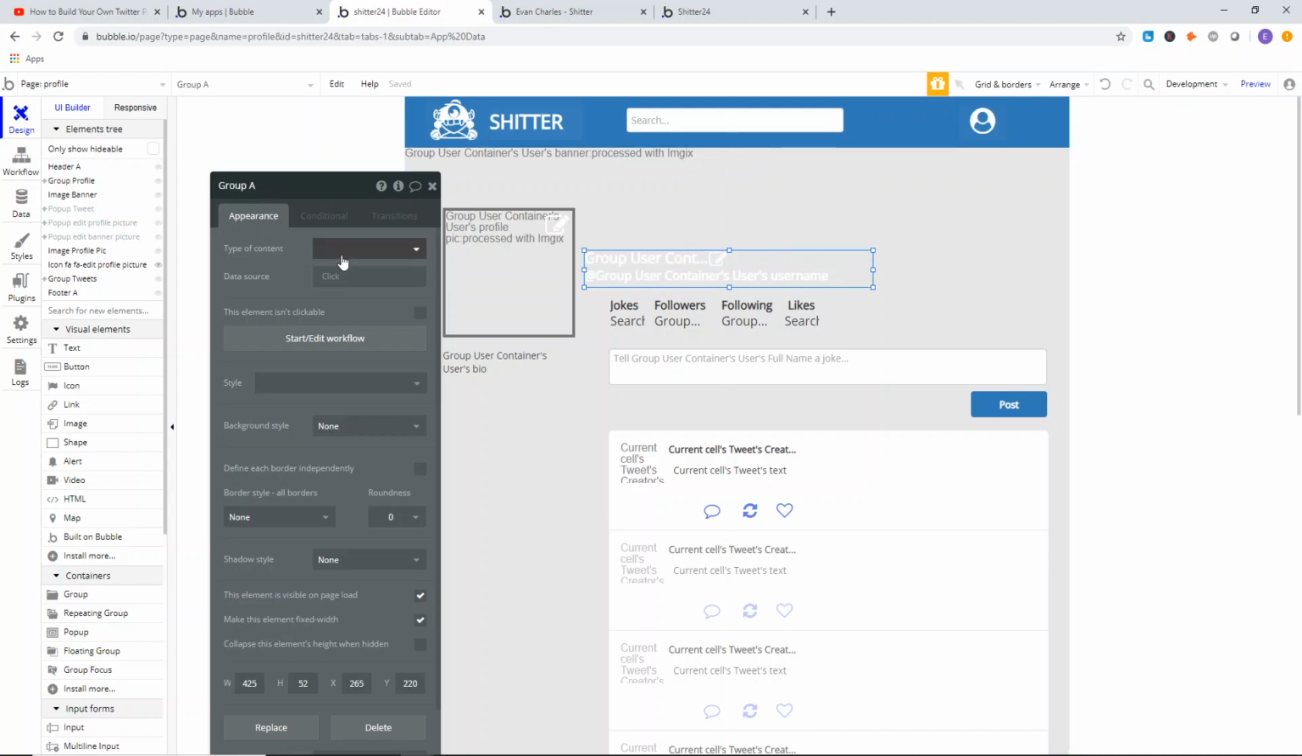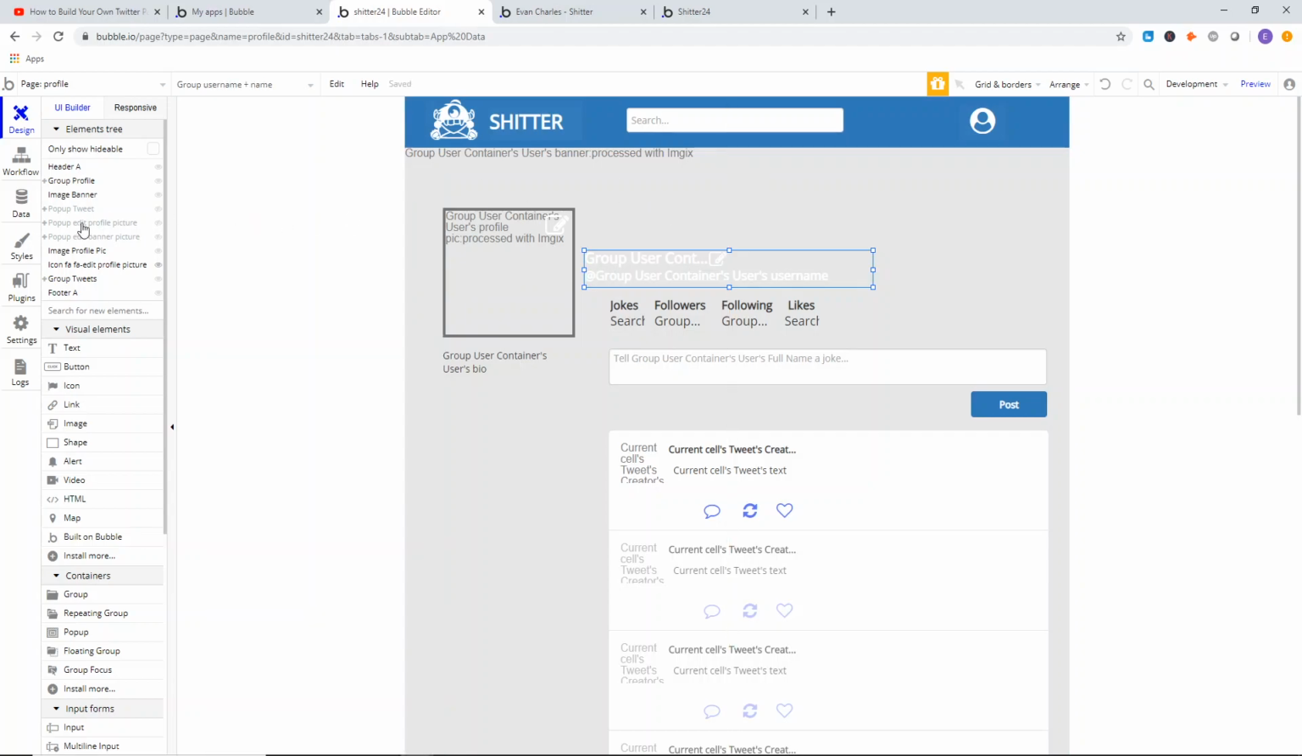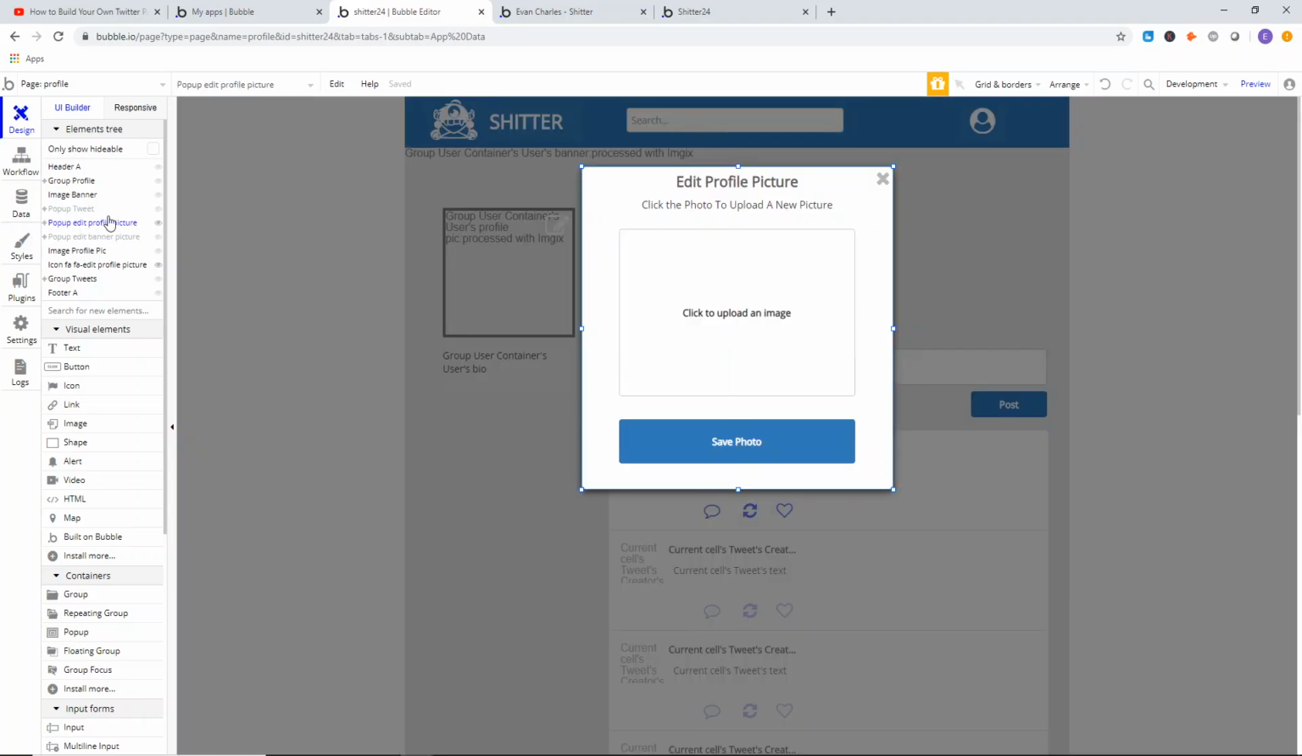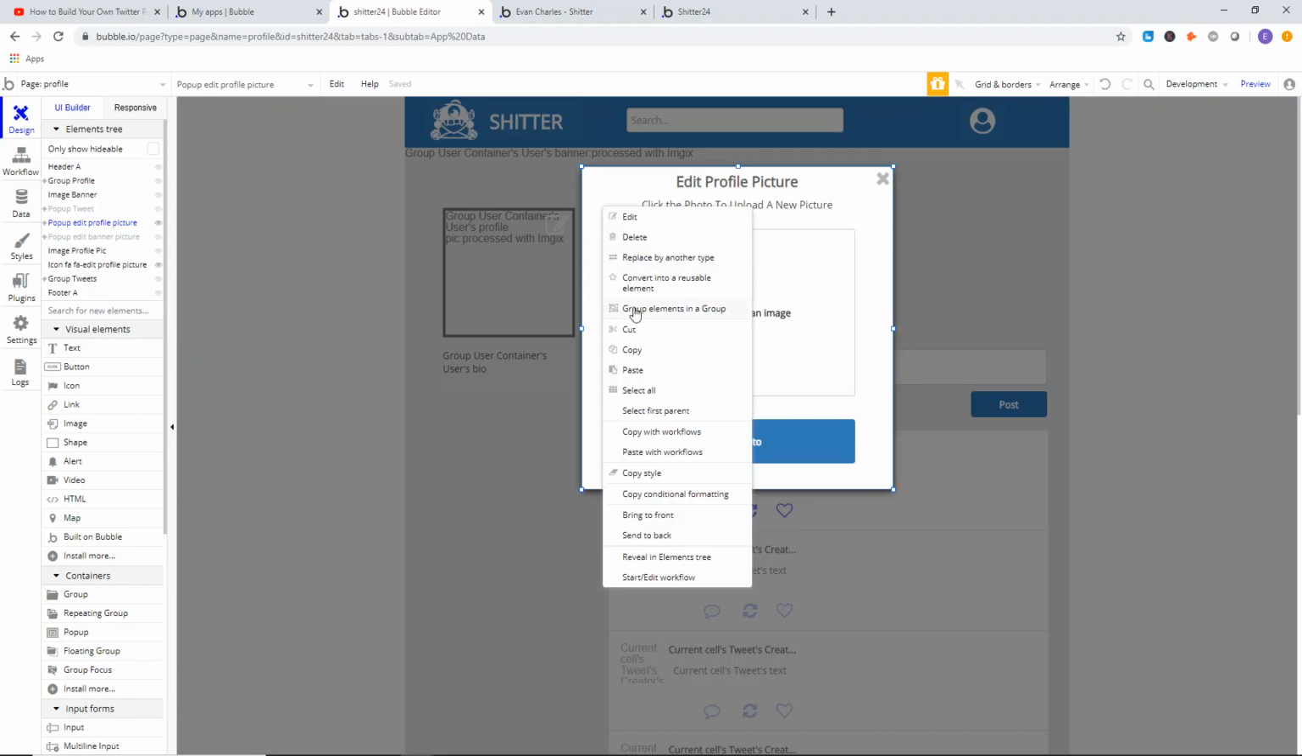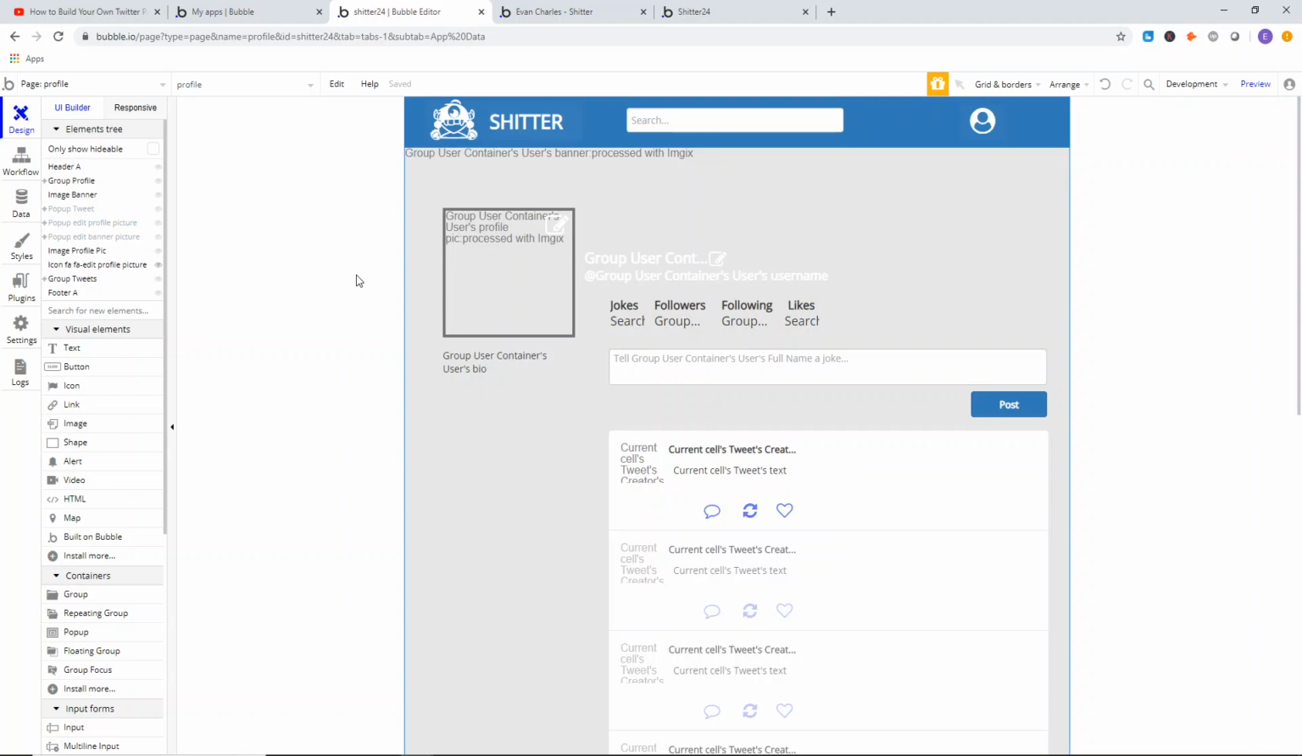So what we're going to do here then is put it on the full group. So we're going to say group, call this group, and I'll explain what I mean in just a moment. So group user name plus name. And now we're going to add another pop-up, and so select pop-up edit profile picture from the element tree down here, this area, and then right click, paste,